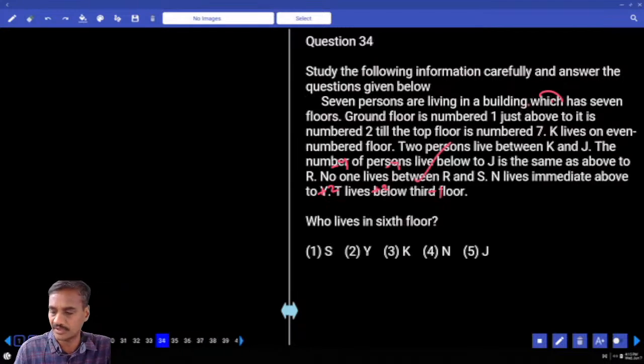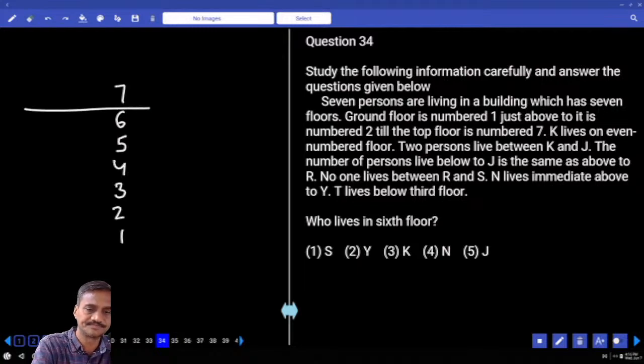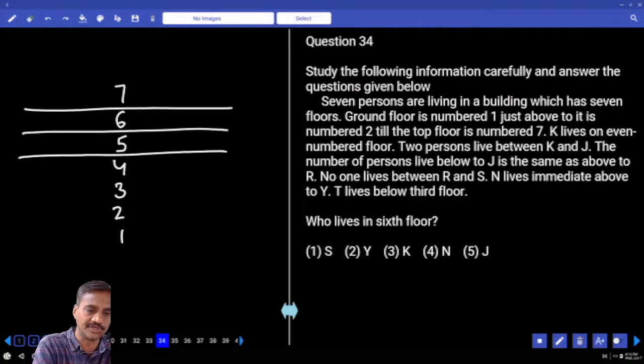Then 34. Now in this 34, there are some 7 persons staying on 7 different floors of a building. Now 7, 6, 5, 4, 3, 2 and 1. 7 persons are staying on these 7 different floors. 7, 6, 5, 4, 3, 2 and 1. Then